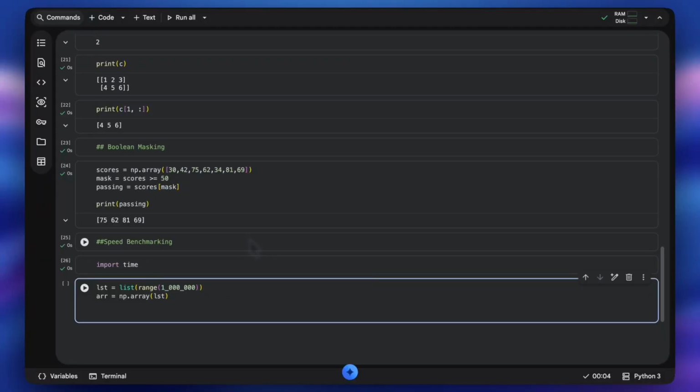After creating a NumPy array, let's now use the time library to calculate the time, right?